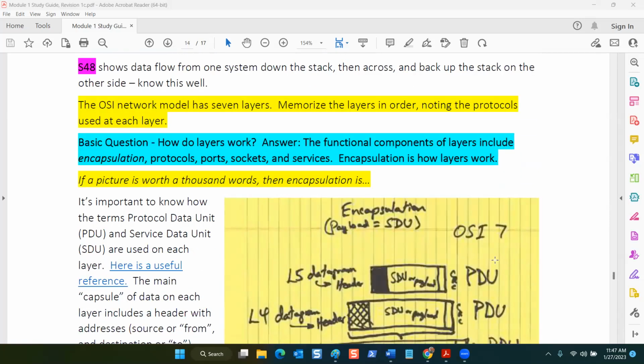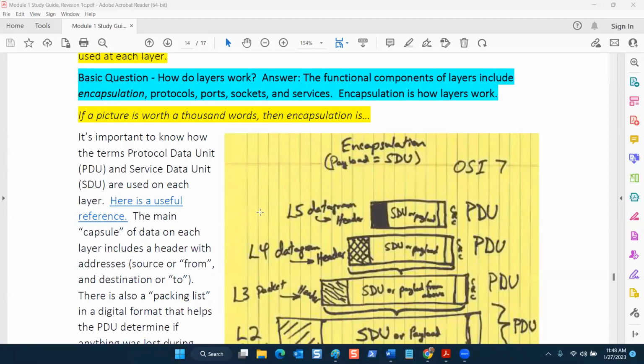We want everybody to get a first crack at the Module 1 assessment. So we have like 3 more pages and 3 more minutes, but we've been talking about some of this stuff already. This is a hand-drawn picture